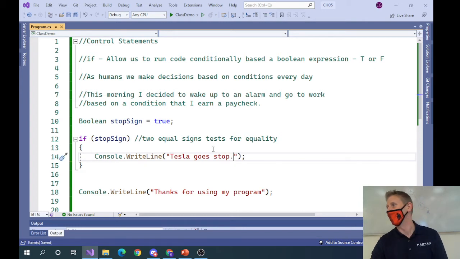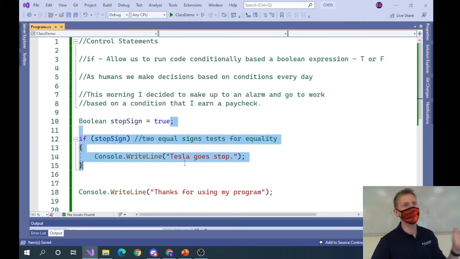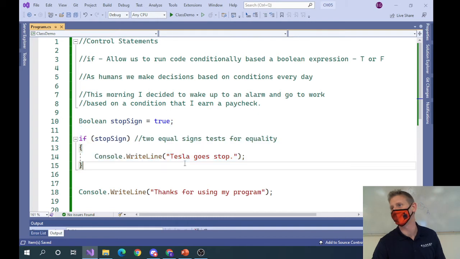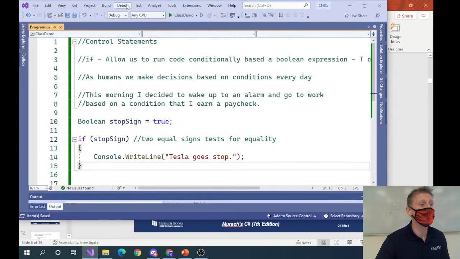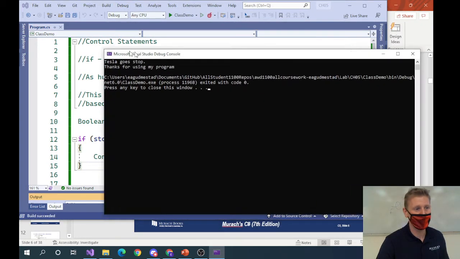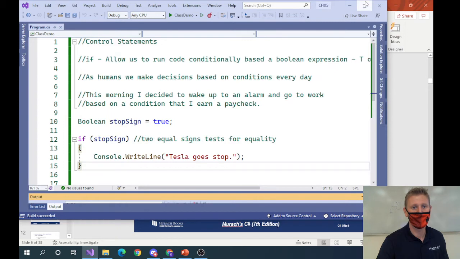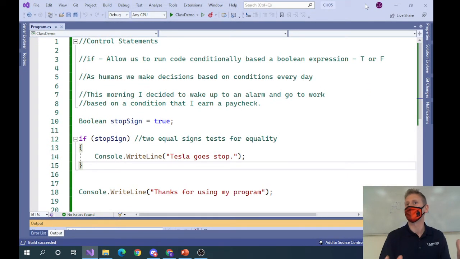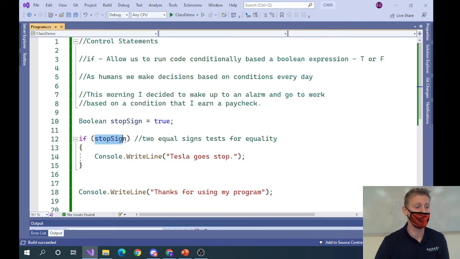If stop sign is true, it'd be wonderful if all the software in the world was this easy to solve. But what I'm getting at is, it's not. So problems are more complex than simple if statements. The more complex the real world problem, the more complex our if statements become. And so as they become more complex,